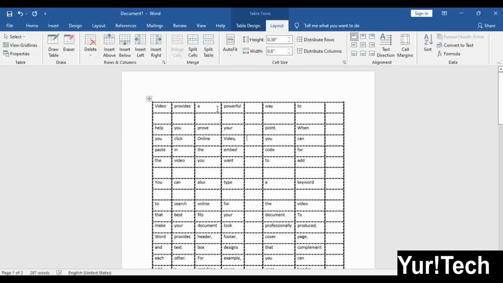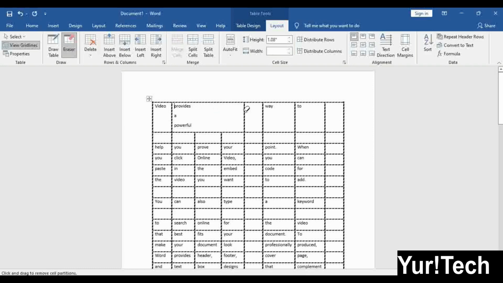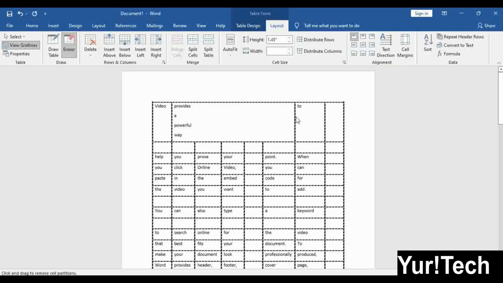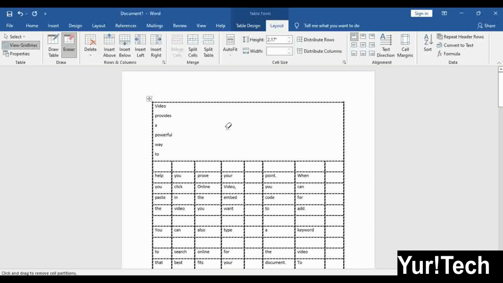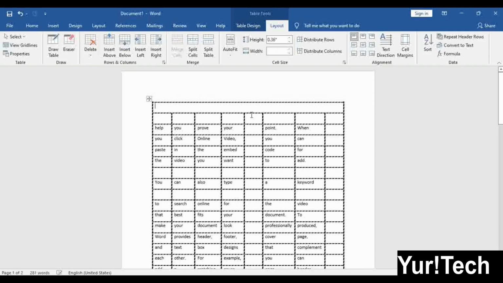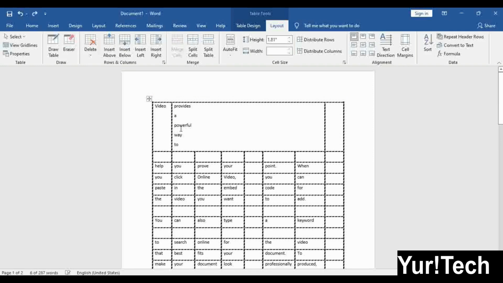So one way is by erasing, you can click here, and by using this you can delete. This is being bigger because this is taking paragraph words. When you delete these words, you can see that row is similar to this size, fixed size. Okay, one way is this.